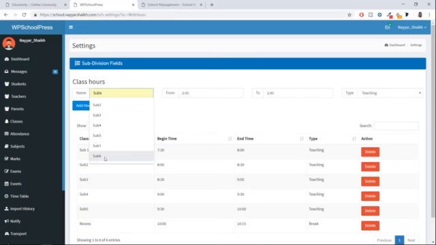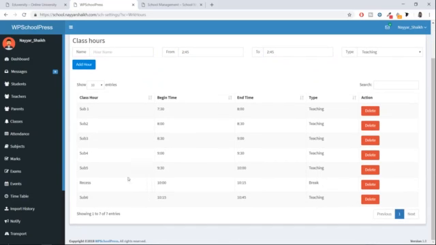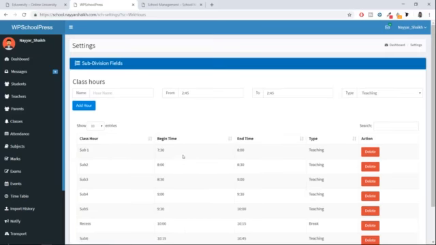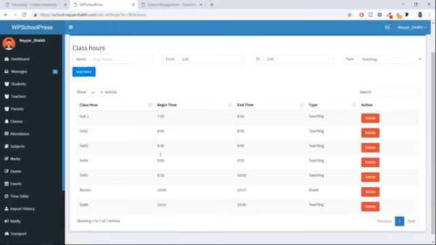Now let me select subject 6. This was from 10:15 to 10:45. All right, click on add hour. Now similarly you can add subjects, say 7, 8, 9, 10, whatever number of subjects or number of periods you have. Alright, so you can simply do that thing over here. Now we have added these working hours. Now let's create a timetable.